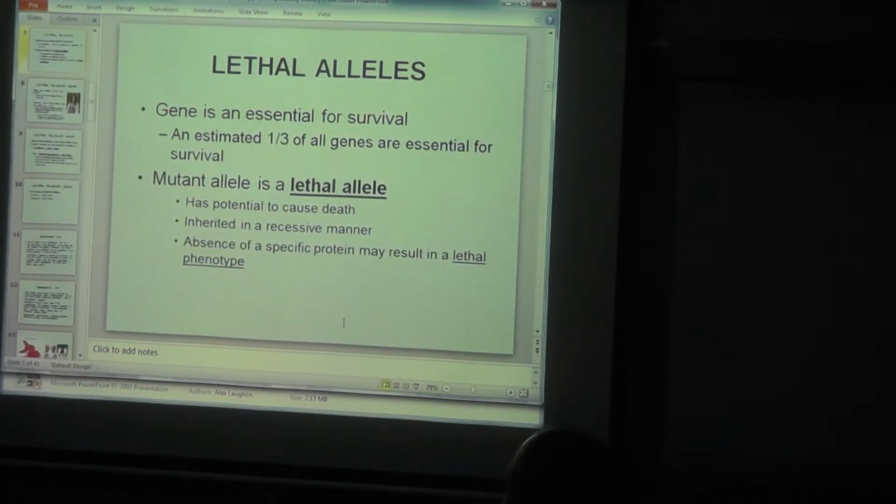Anyway, this is something that I somewhat covered, but I want to cover again. Lethal alleles. Lethal alleles means that it is lethal. Can anybody say, can you have a dominant lethal allele? No. Why not? Because if both are dominant, you're already dead. Exactly. You're already dead. So lethal alleles are